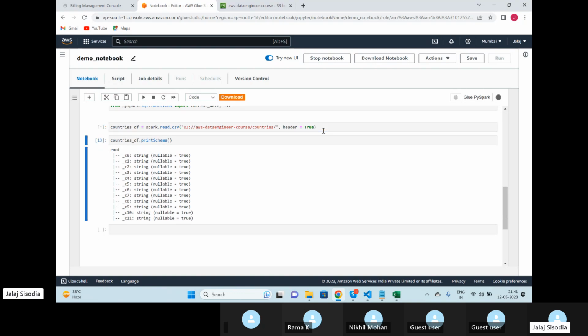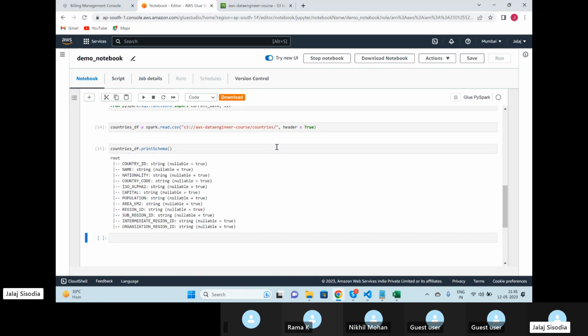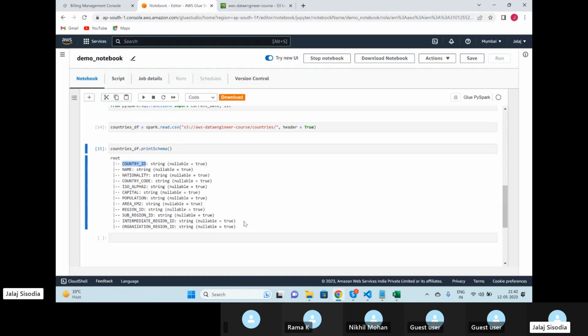If I execute this, and show you the printSchema, now you can see the first line of the file is header information. The same header it has utilized as column names for my file. Okay, but you still see my columns are in string format only,